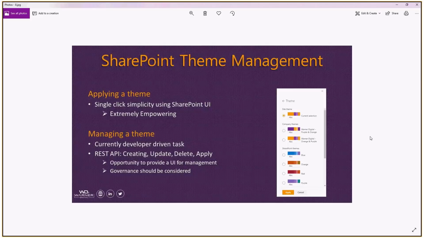But we want to make sure we keep governance in mind, right? So this is a very empowering web part that we could utilize. As simple as we'll see it is, it's pretty empowering. It's not something we probably want to throw into the tenant app catalog. We might want to scope it to something like a singular site with a site collection app catalog that specifies exactly who can get access to it, and then it's only used there. So that way you're not polluting that collection of company themes by anybody and everybody. So we want to make sure we keep that in mind.